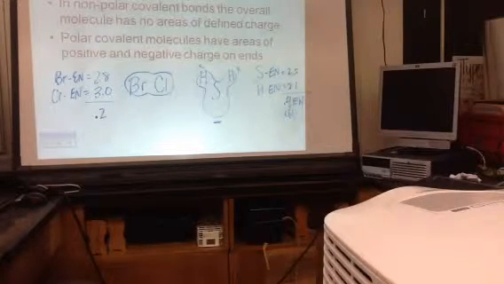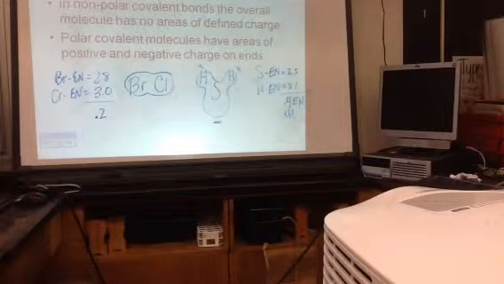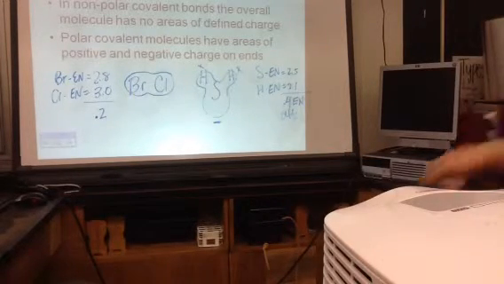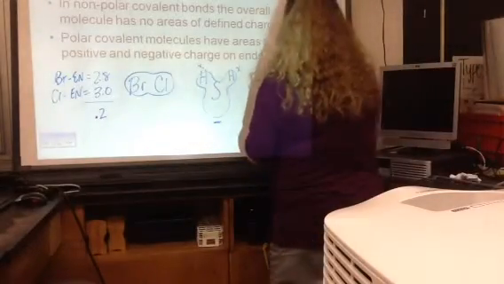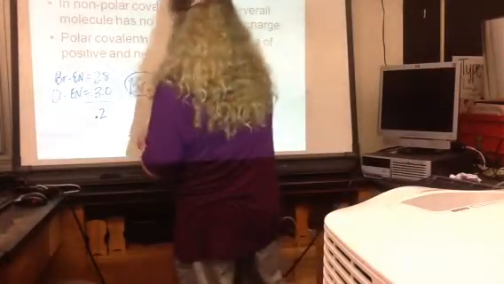So if we've got areas of charge, it's a polar molecule. Like the poles of a magnet. Like the poles of the Earth. The poles of the Earth are north and south. The poles of a polar molecule are positive and negative. Okay, make sense? All right. Let's get rid of all our stuff here. So if I give you